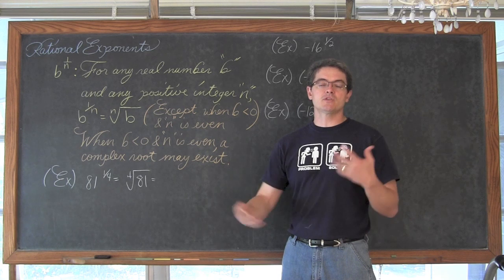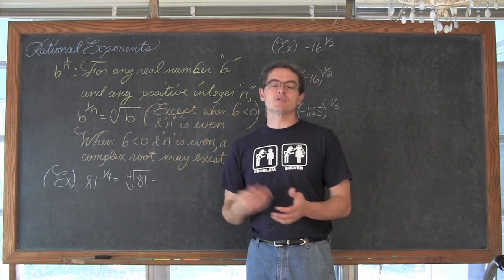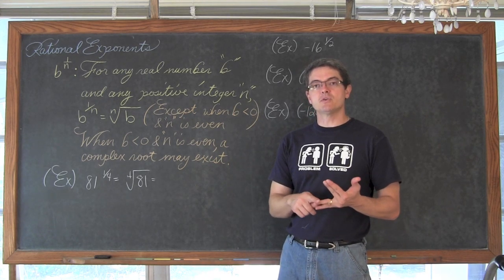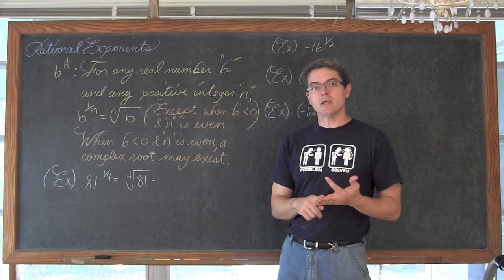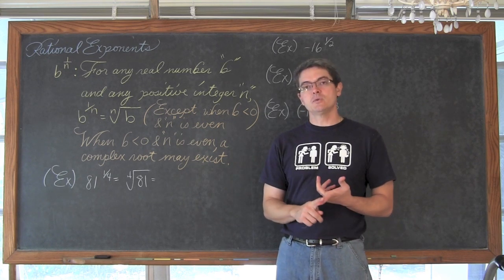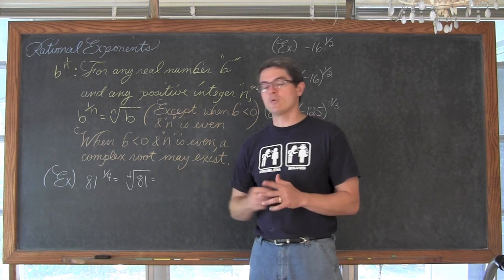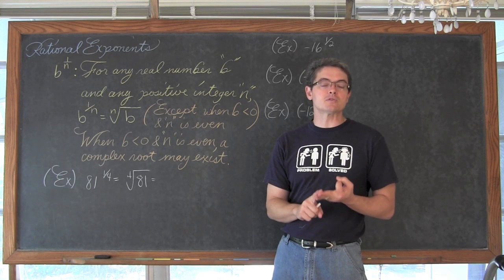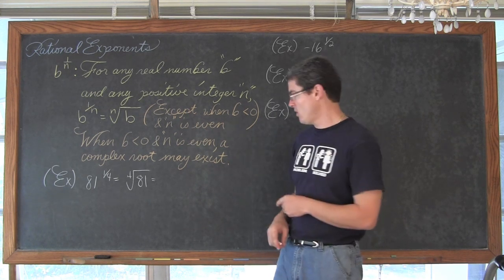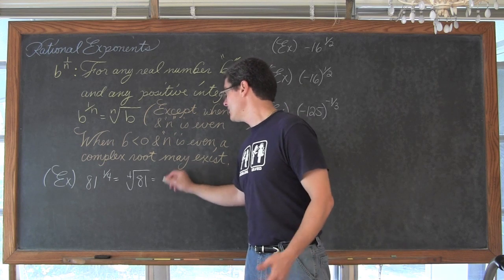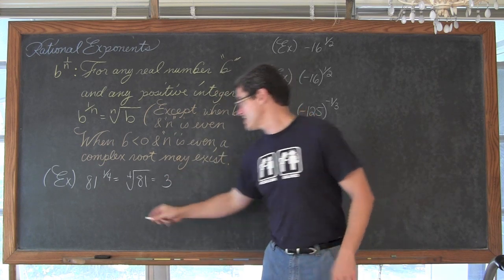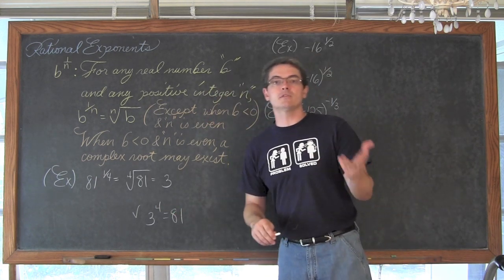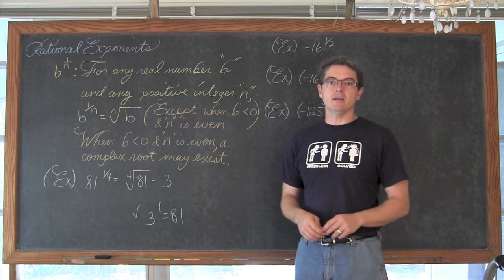Well, the smallest number that really changes as you multiply it by itself is going to be 2. I'm dealing with positive numbers here. So we have 2 times 2 is 4, times 2 again is 8, times 2 is 16. Okay, so 2 is too small because 2 to the 4th is equal to 16. So what about 3? 3 times 3 is 9, times another 3 is 27, times another 3 is 81. So this is equal to 3 because, as a check, 3 to the 4th power is equal to 81. When you multiply 3, 3, 3, and 3 together, you do get 81.